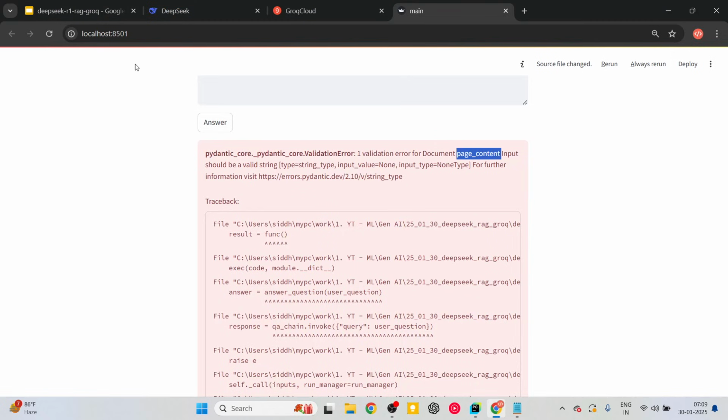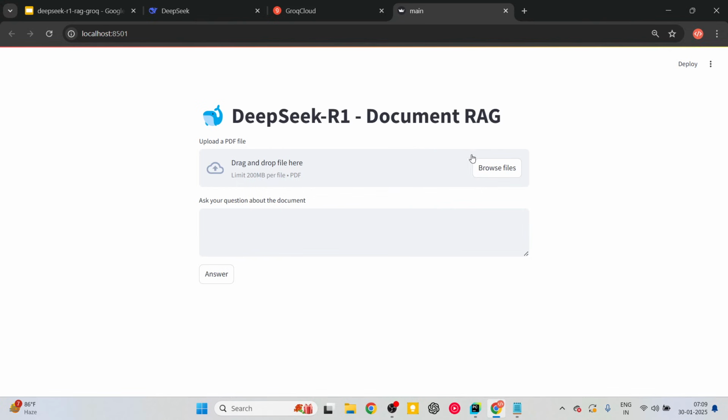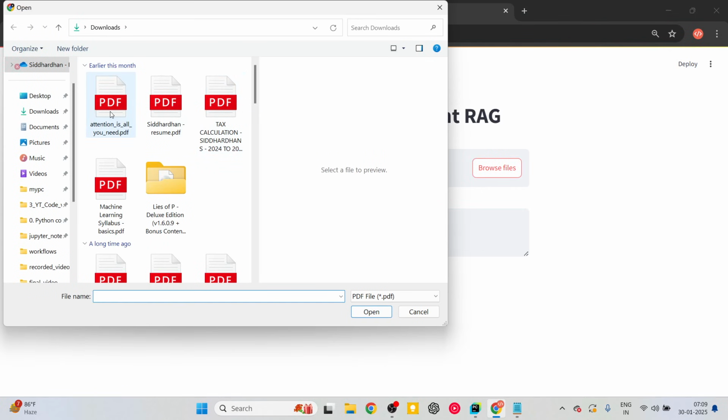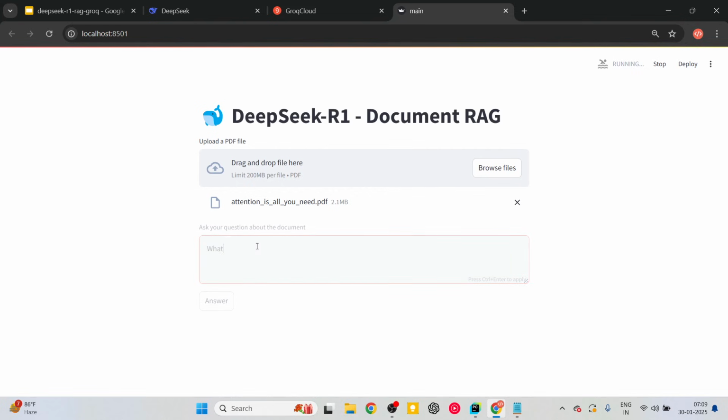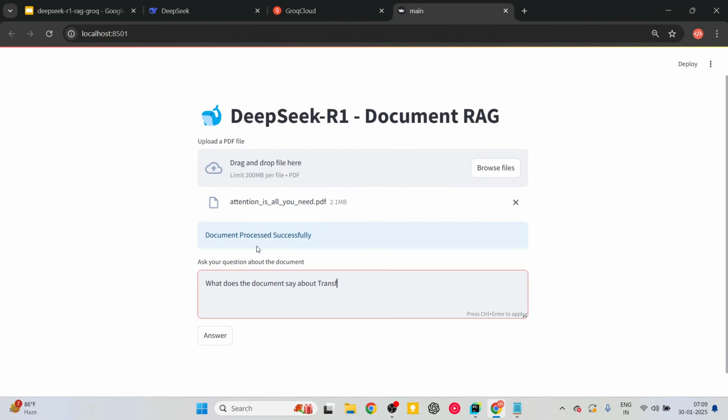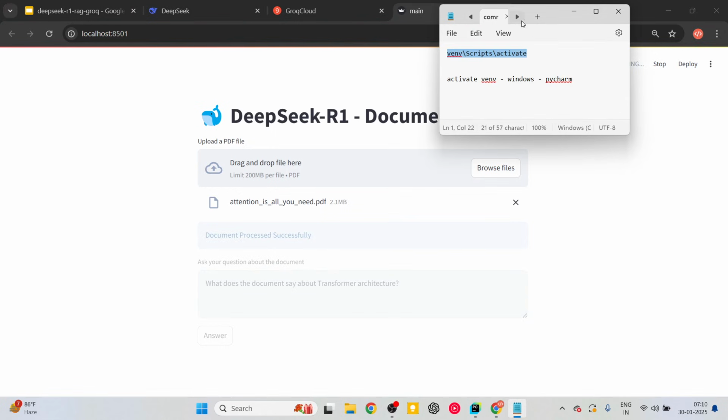So you can come back here and refresh this. So that's going to update the code. See, now it's not taking a long time to load. What does the document say about architecture? Let me save this somewhere so that I can use this later. Create a new notepad, save this here. Okay,